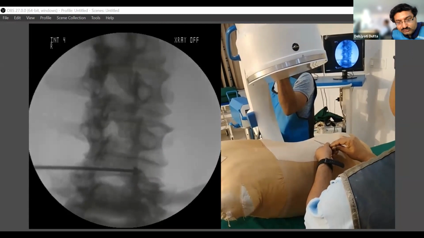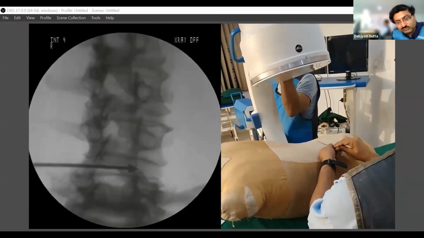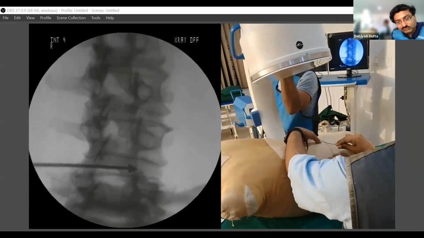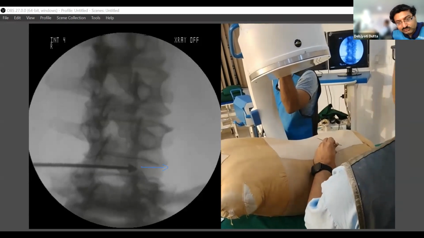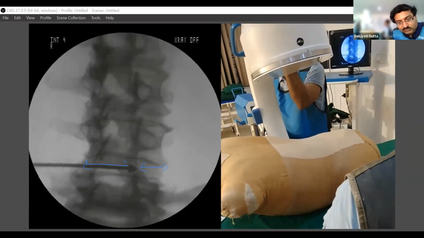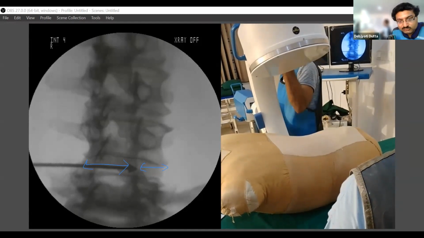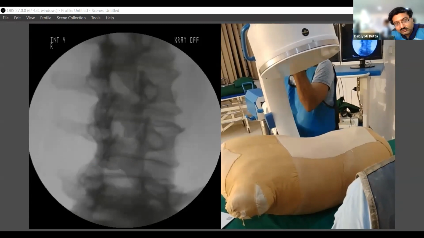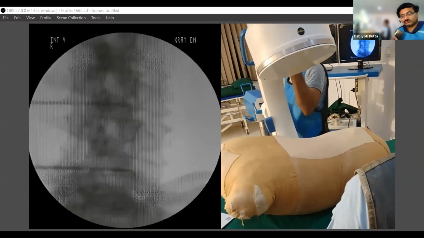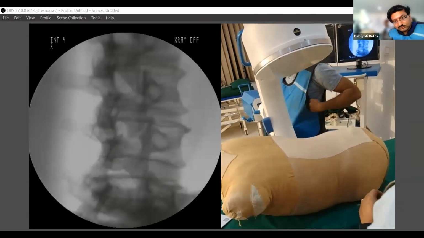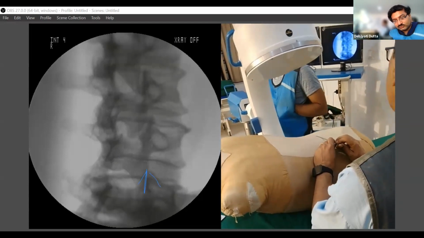So this is the vertebral, this is the supraarticular process, and this is the facet joint picture. So how much should I rotate? The total vertebral body, the facet joint should be coming in the middle. So I need to rotate it more, and gradually the Scottish dog image should be very clear. Picture. I need to rotate it slightly, still slightly more, little bit, few degrees. Best. That's all. So now my facet joint has come at the middle of the vertebral body, and my needle entry point would be just lateral to the superior articular process.